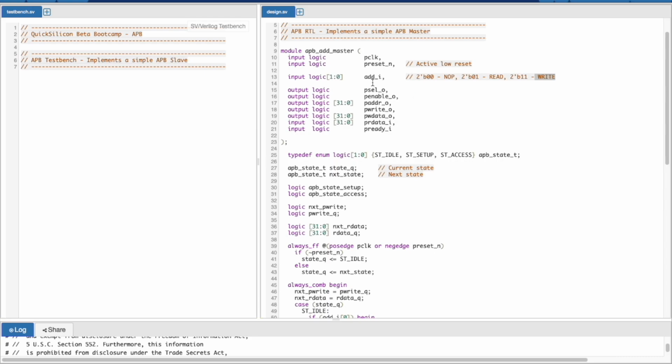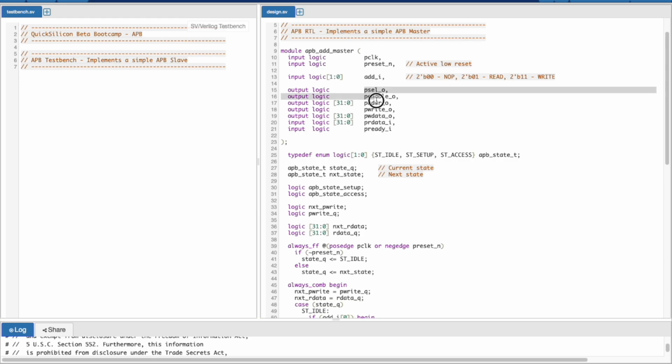And using this control signal, we actually want to implement an adder. How that adder works is that the component will first perform a read. Whenever the read goes out, it will return some read data. That read data is the initial value of your adder. And whenever the next write comes, you will have to add 1 to that read data and send back that data on the pwrite data signal, and it goes back to the same slave. So that is what the intention is.